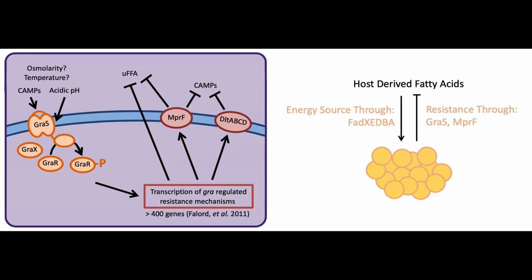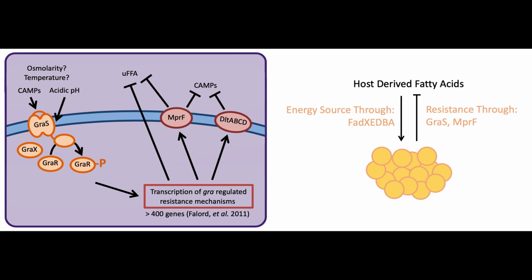In conclusion, we've greatly expanded our understanding of how Staphylococcus aureus responds to the innate immune conditions found on human skin. First, we've demonstrated a novel sensing mechanism for GraS, and this opens up the question, are there other conditions potentially encountered on human skin that may also activate this highly resistant pathway? Second, we demonstrated that activation of this GraS system, whether that be through cationic antimicrobial peptides or acidic pH, not only provide resistance to cationic antimicrobial peptides as was previously established, but also to unsaturated free fatty acids.